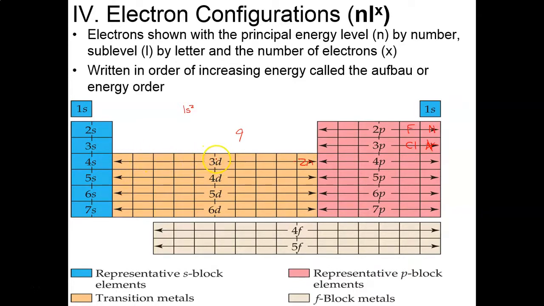So D starts with 3D, not with 4D. You don't go 4S, 4D. I know what you're asking. Why the heck is this happening? It turns out that the 3D electron has more energy than the 4S electron, even though the 3D electrons are